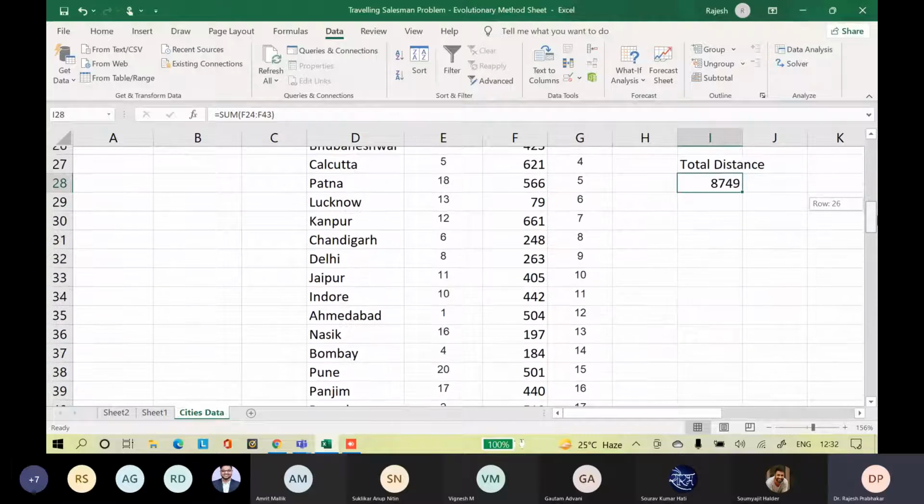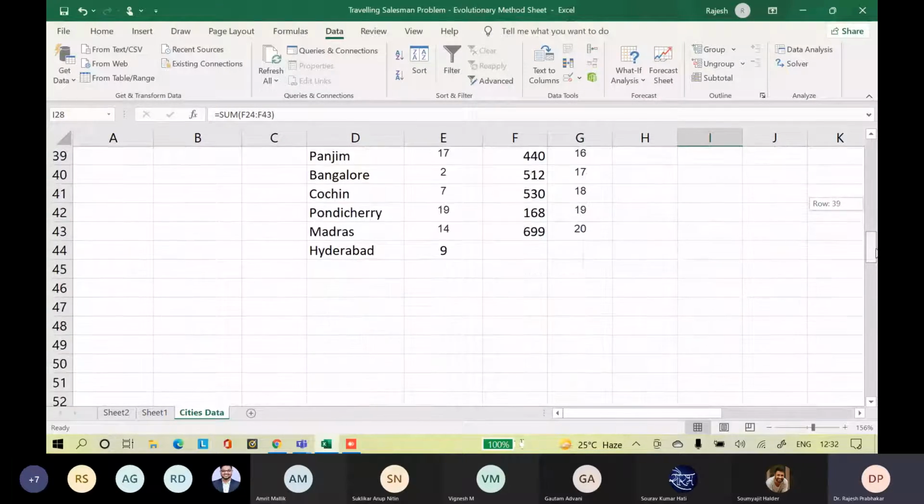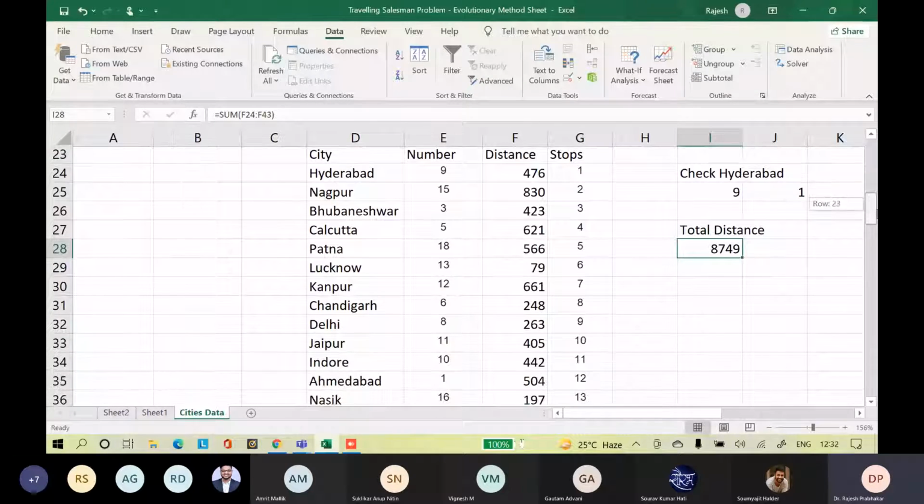This is the route he has to take if he wants to cover all the cities in the shortest possible time.